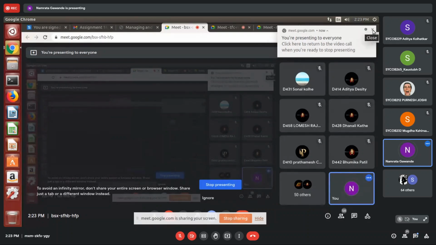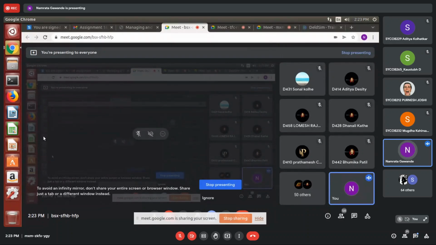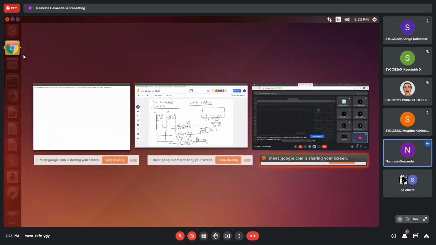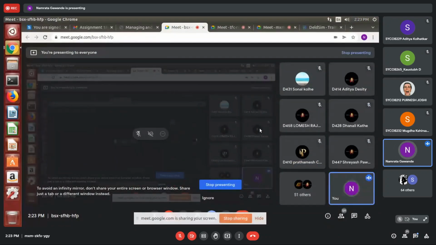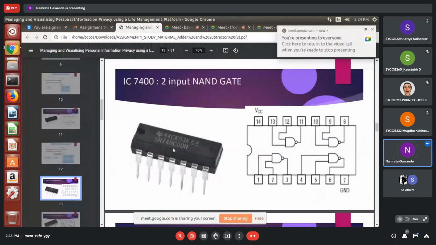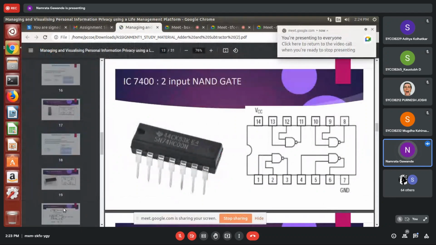Now another assignment, that is half subtractor and full subtractor, right? In that part, I will show you the half subtractor and full subtractor.